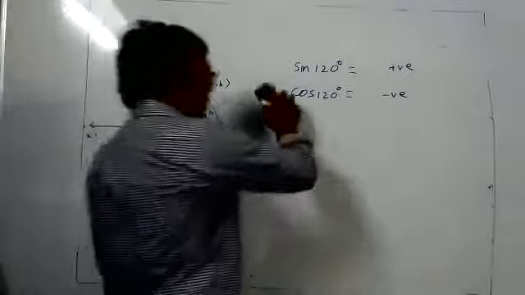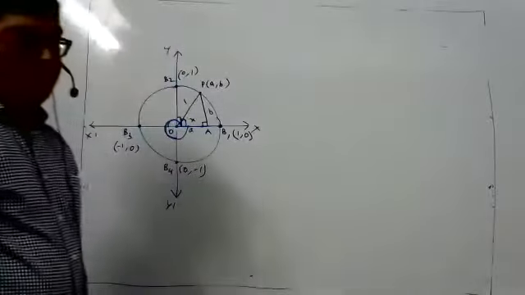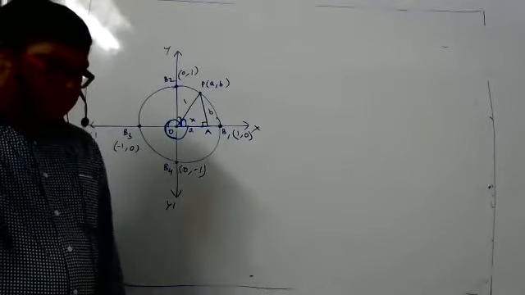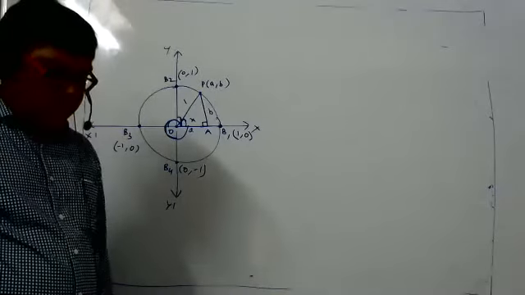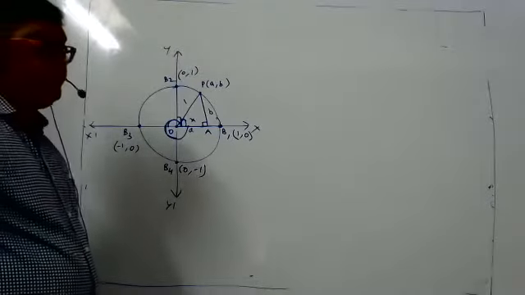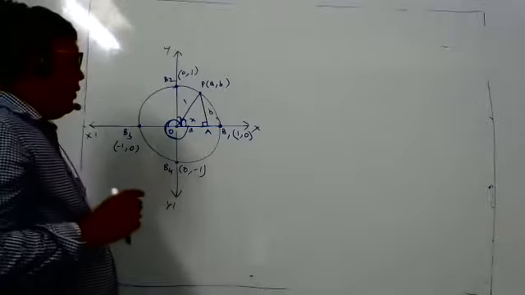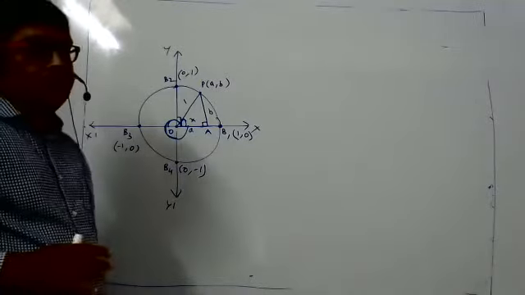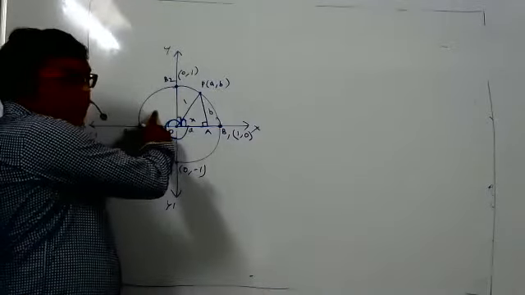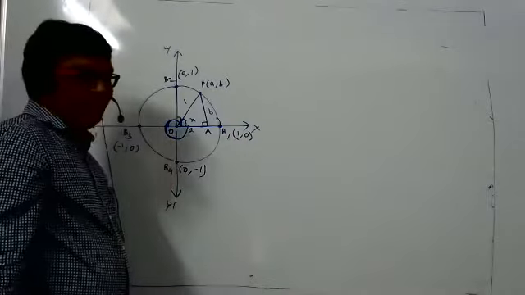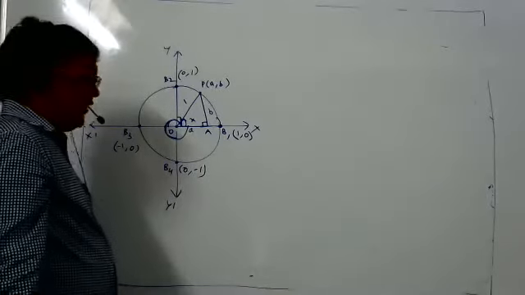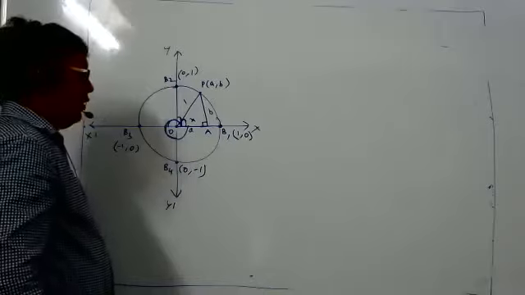Why it's so? That also you can understand. Shall I teach you why, or you don't want? Sir, we understood. Sir, sin 120 and cos 120, we can draw it here and we can show a triangle with 60-degree angle. Okay. So last time I'm saying, shall I teach you why sin is positive in second quadrant, cos is negative, or it is okay for you? No, sir, can you teach once? Just briefly. Yes, sir. Teach once. Why it is positive, negative? That you are saying. Yes, sir.